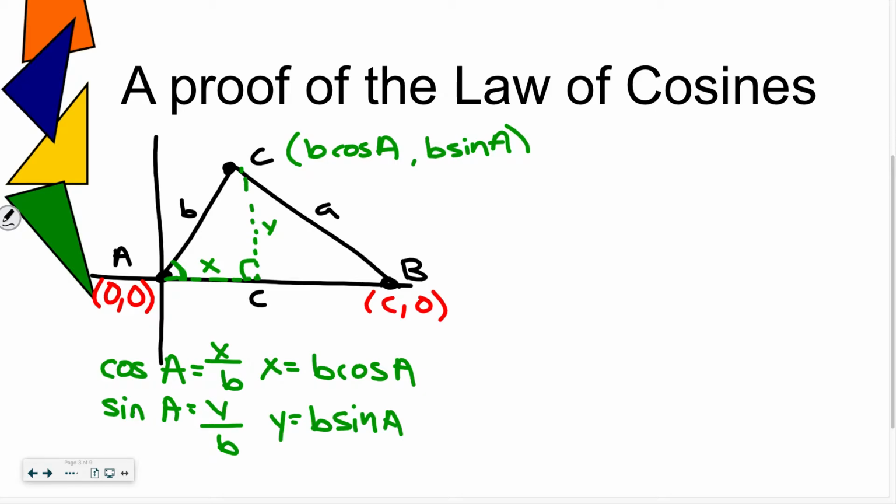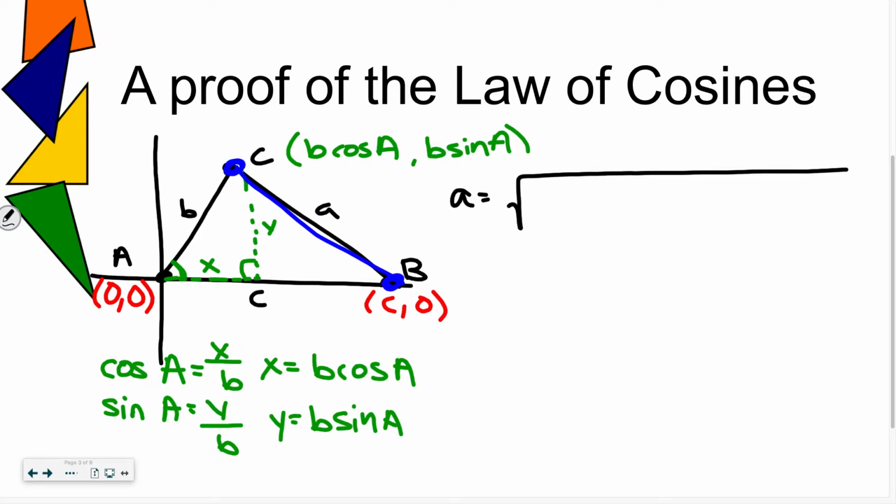We're going to set up one of the law of cosines where you find a side length. And the side length that I'm going to find is a. So from your time in geometry, algebra, probably middle school, you know the distance formula. So we're just finding the distance between these two points. So instead of d equals, I can say a equals. And I'm going to do the square root